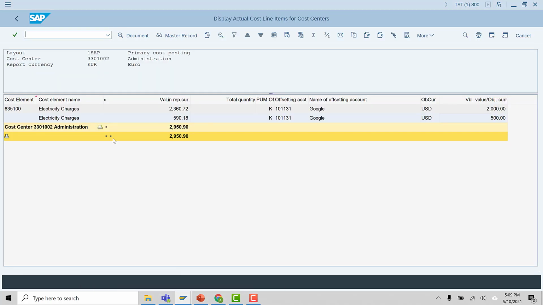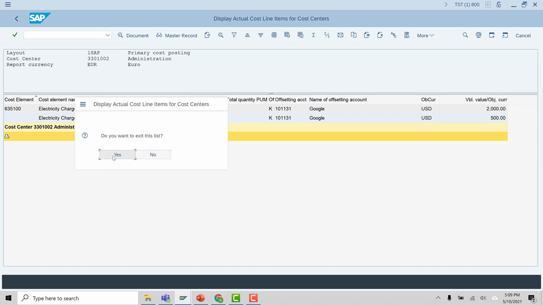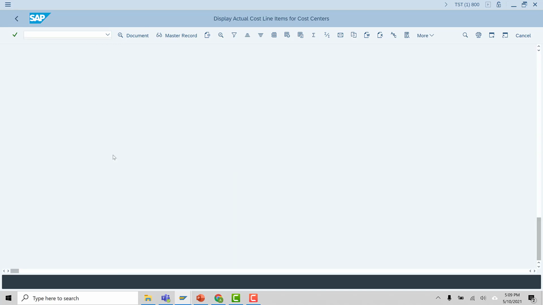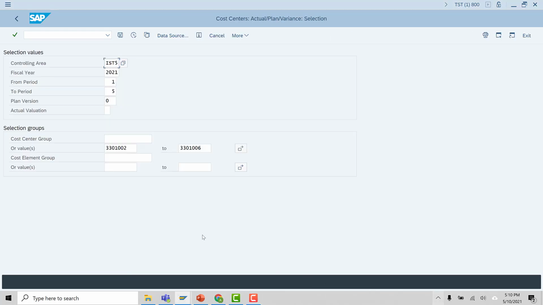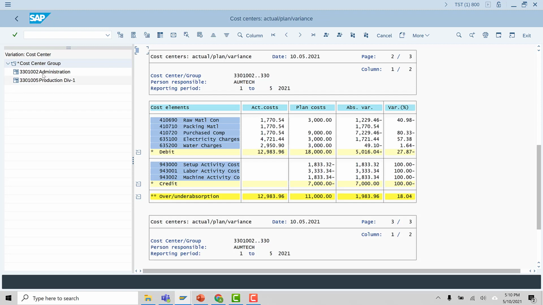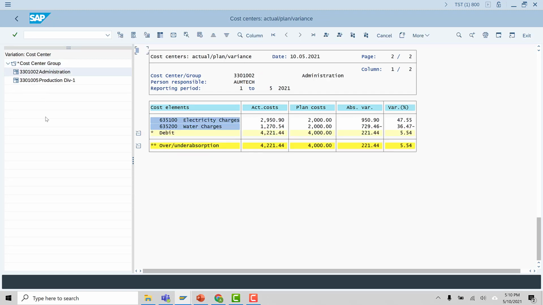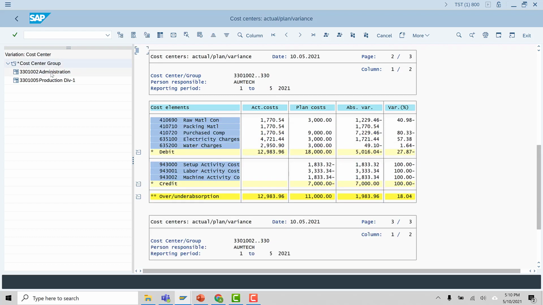Now we go back again to this report, the cost center report, sorry. And I will execute it again. Administration is the cost center, and now you can see, let's see all cost centers.